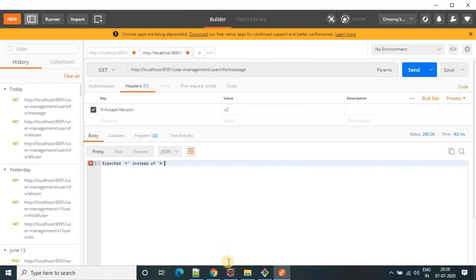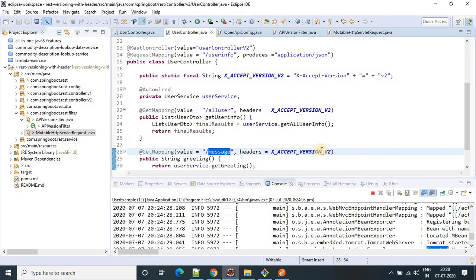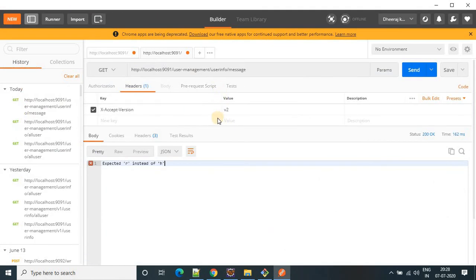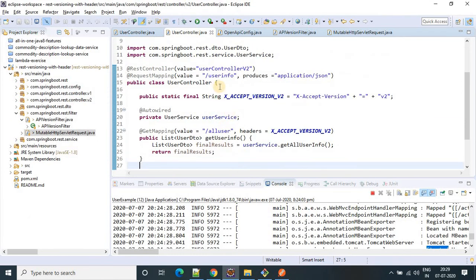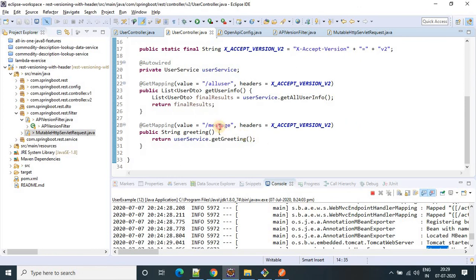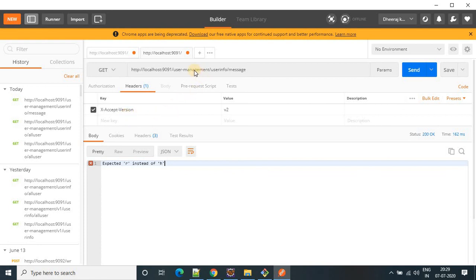Why are we getting an error here? This is for version V2, user management, user info, message. Yeah, this is the version 2 API. I'm sorry.